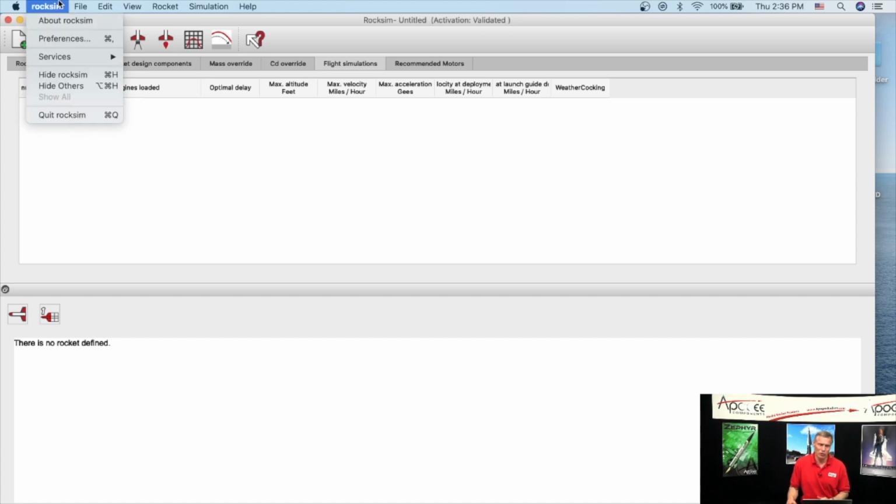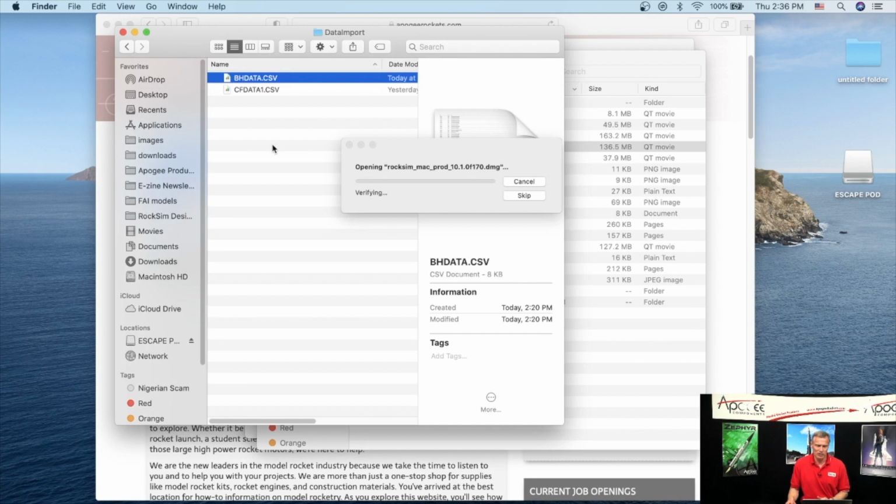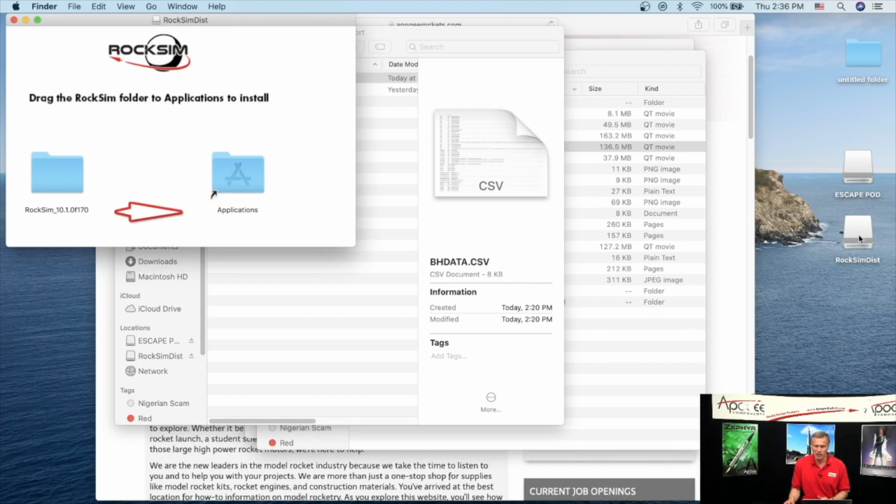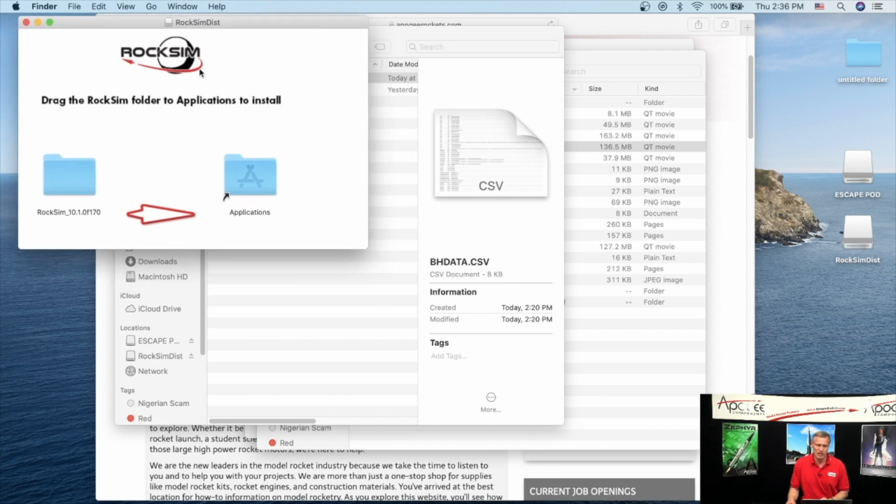You can either go File, Quit, or you can click on the little red button up in the top left-hand corner. So I'm going to quit RockSim, and it's opening the DMG file that it just installed, and it put it on my desktop here. You can double click on it, but it's going to basically bring up this same screen right here. So you're going to take this folder and just drag it into your applications folder just like you would any normal program. And it installs it, and then we can quit out of this